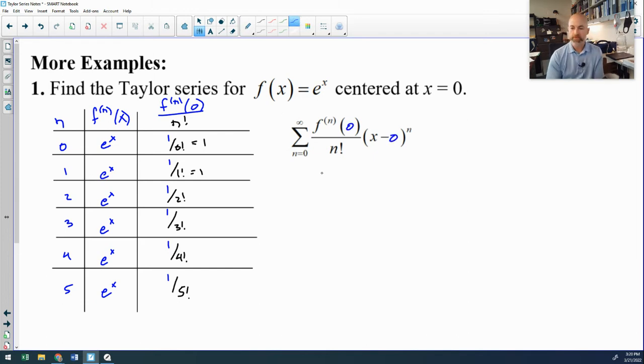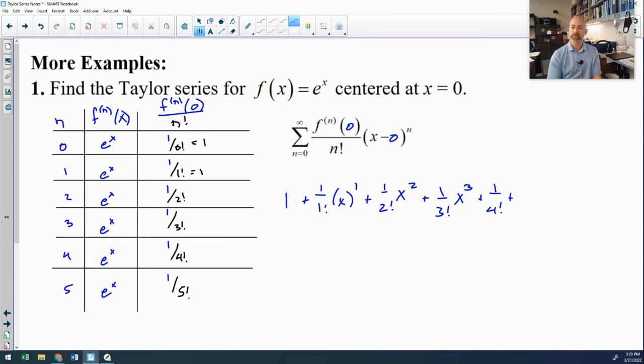I'm going to try to find the pattern here. It's going to start with n equaling 0, which would be 1, plus, when n equals 1, 1 over 1 factorial times x minus 0 to the first power, because I am doing x minus 0. My next term is 1 over 2 factorial times x to the second power. Then my next coefficient is 1 over 3 factorial times x minus 0 to the third power, plus my next one is 1 over 4 factorial, and